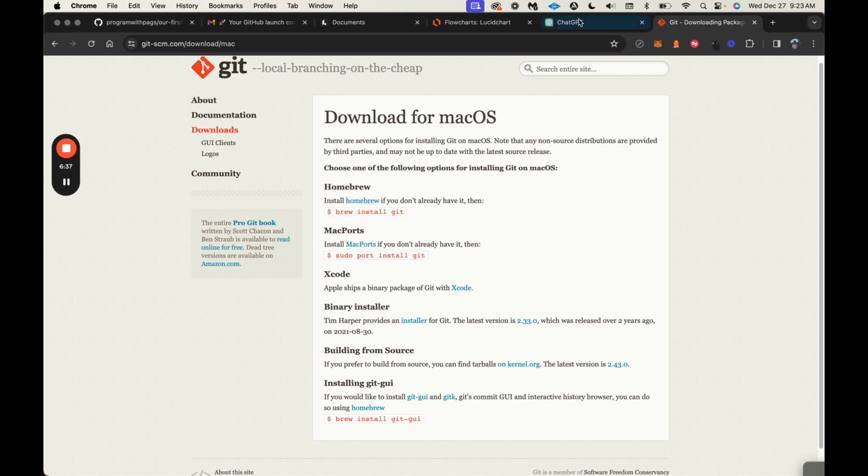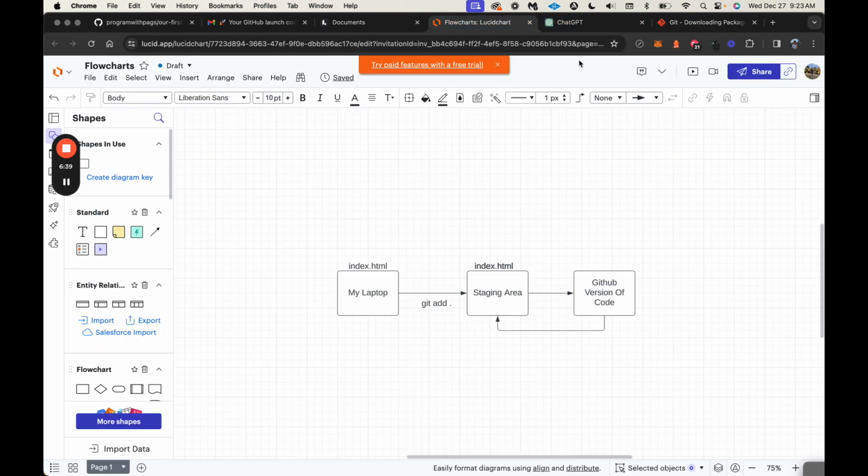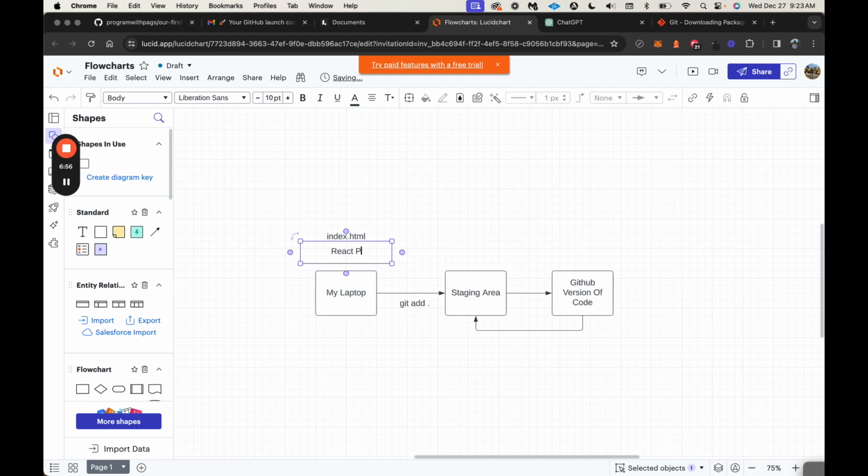Make sure you have Git on your machine, and then let's get back to this process. So after we've installed Git, we want to make sure we're doing this process right here, which is we build code. So whether it's an index.html file, whether it's a React project, whether it's a React Native project, whether it's a Vue project, whether it's a Python. Basically, we build code on our machine right over here. This is what we do first,